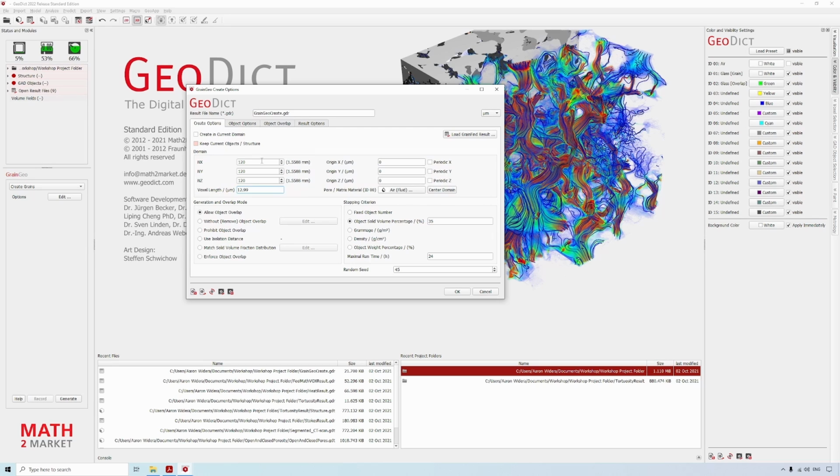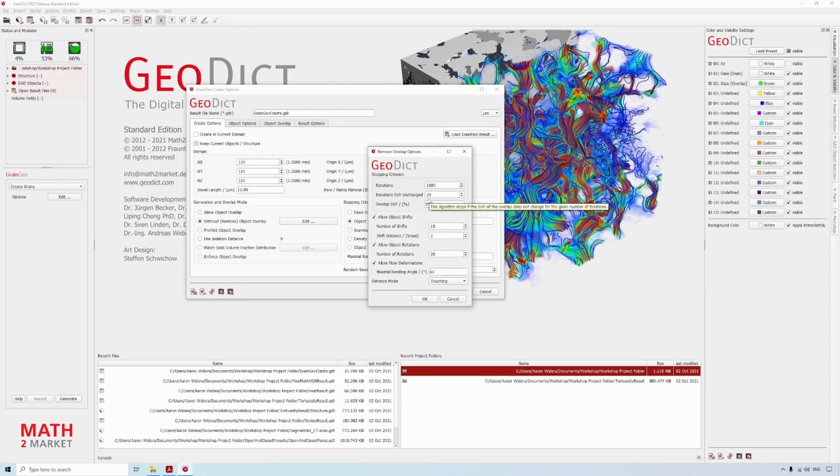The idea is that we will generate a rough resolved structure which will go fast because we have a small domain and then resample the structure by a factor of 3 to 360 and a voxel length of 4.33. For the generation, it is important that we have a periodic structure and that we remove object overlap.